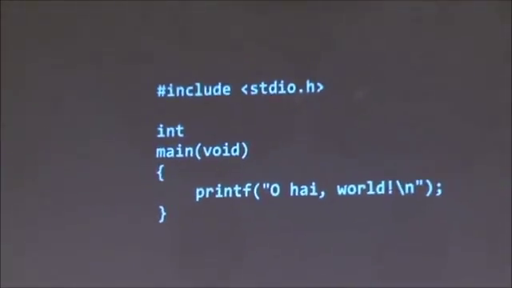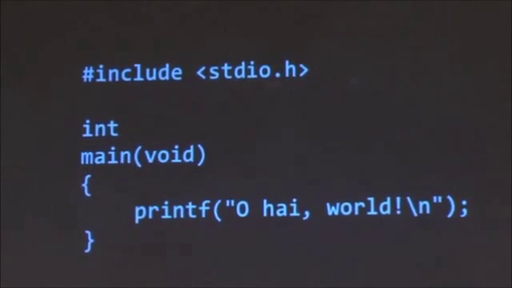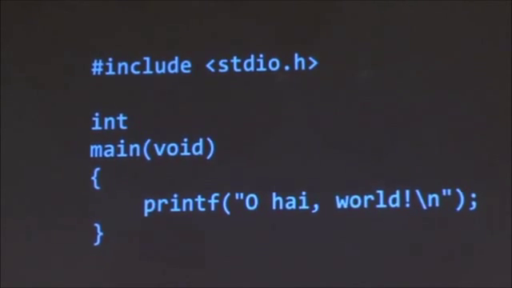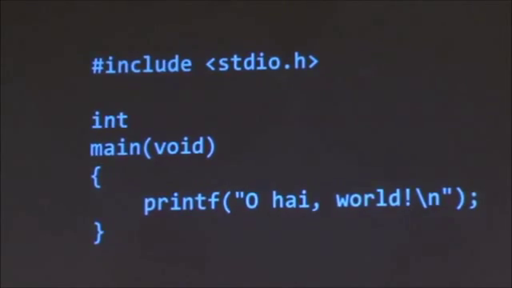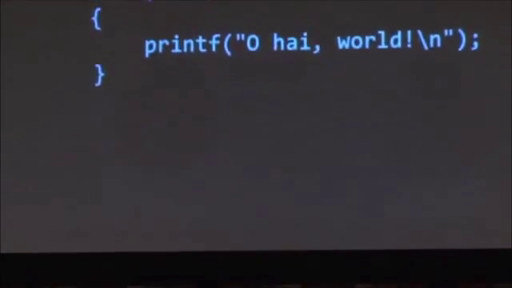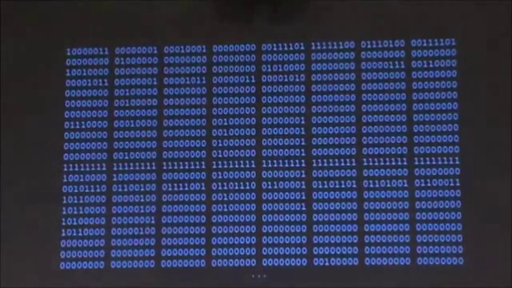So here's a complete program. This is, again, a language called C. This is a program that I might write using a simple text editor. How do I actually get to the point of writing this program? How do I get to the point of translating this program into the zeros and ones that the computer actually